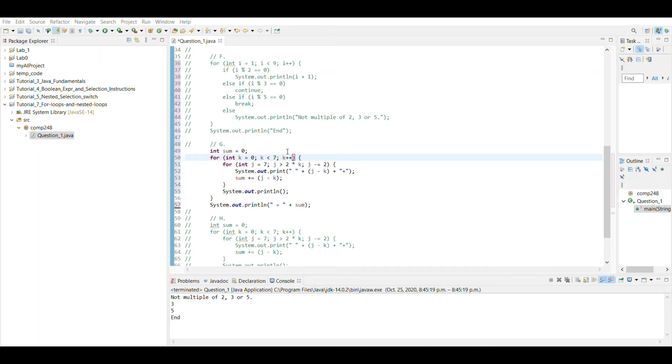We increase k to be 1, and we check if 1 is less than 7, yes, so we go and do that for the inner loop. However, this time k is going to be 1, so is 7 greater than 2 multiplied by 1, which is 2? Yes, so we go ahead and print a space, and the difference between 7 and j, actually j is 7, and k is 1, so the difference is going to be